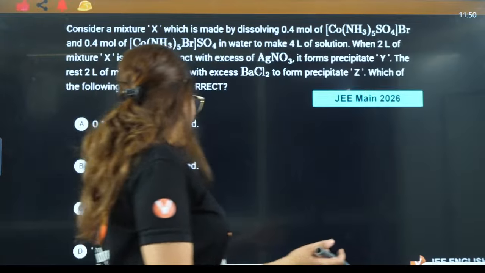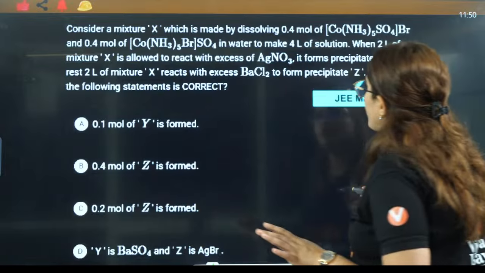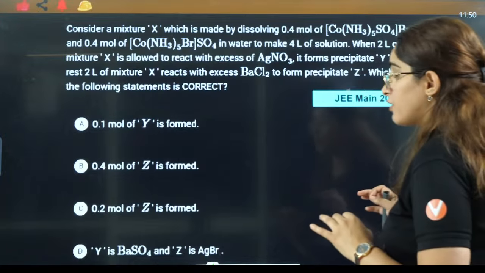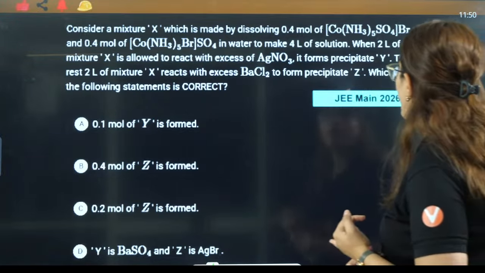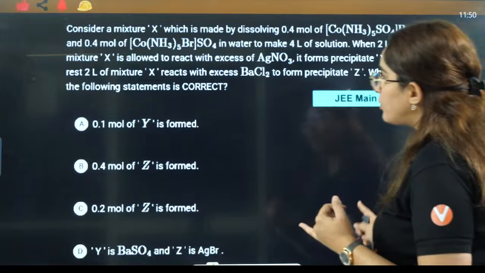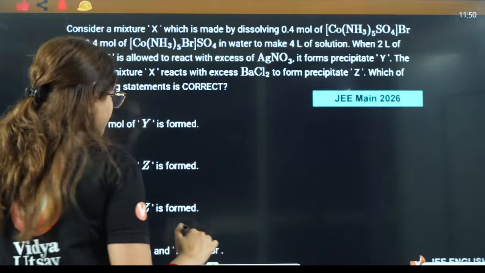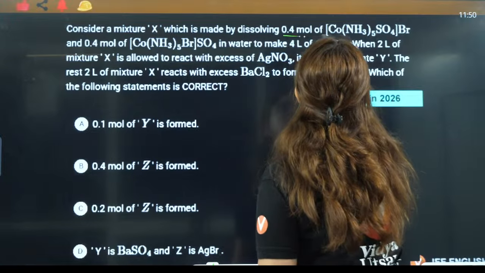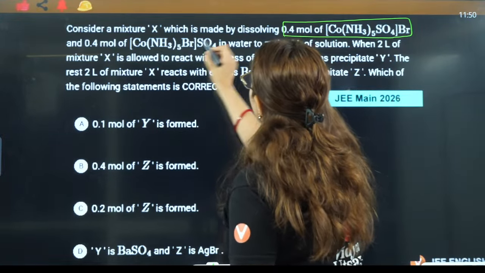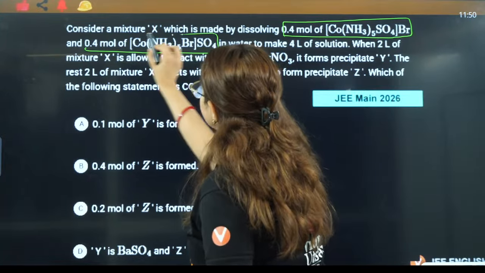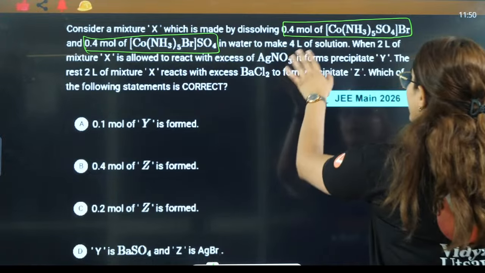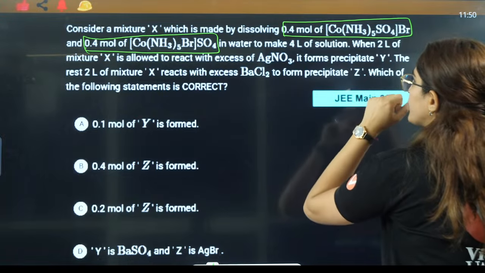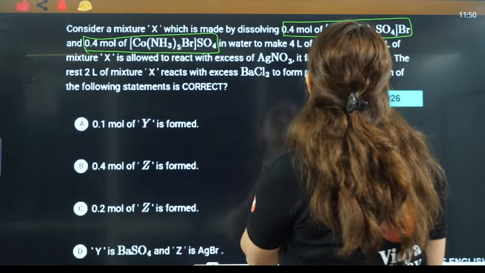So now let's see a JEE 2026 question based on that. That says, consider a mixture X which is made by dissolving 0.4 mole of this compound and 0.4 mole of this compound. So two compounds are given to us. Both are 0.4 mole. To make 4 liter total, when 2 liter of mixture X is allowed to react with excess of AgNO3,